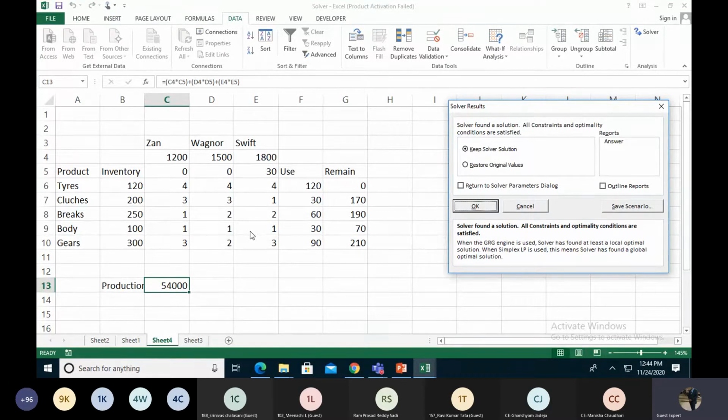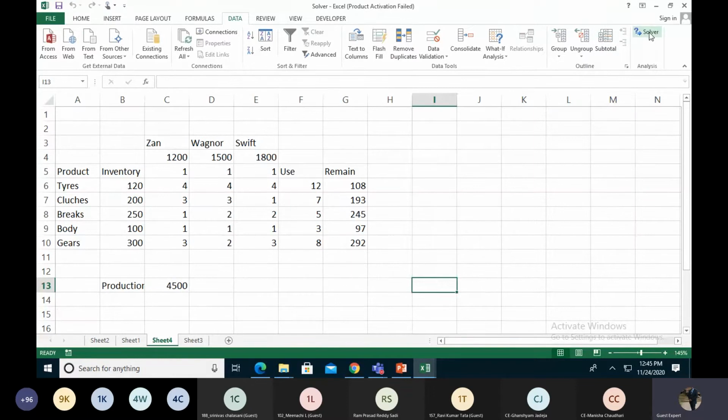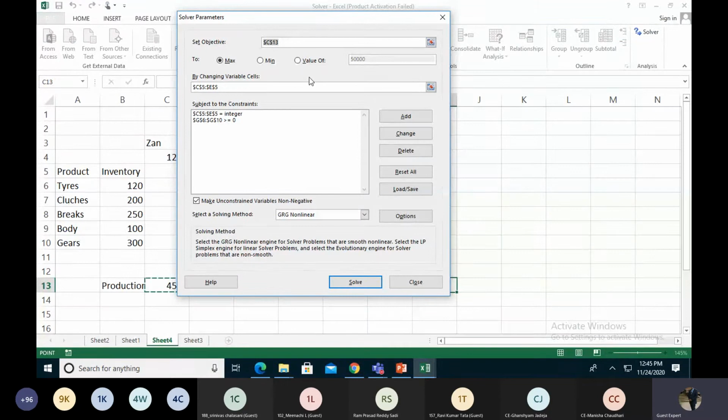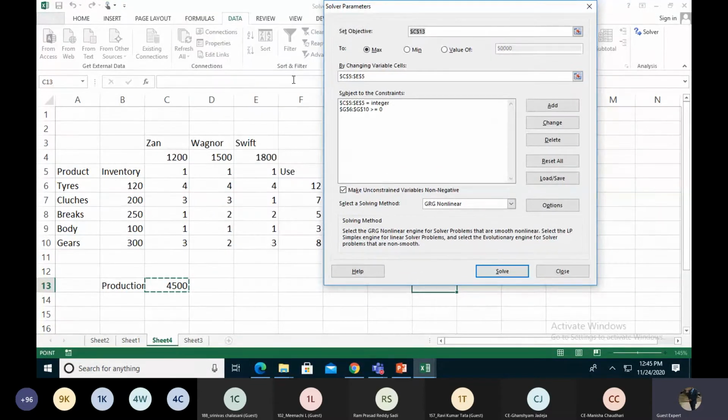So we do this hands-on practice for the solver. We make the maximum inventory. We're creating the maximum inventory over here, and we're just checking whether we're getting our desired output or not. See, this is 54,000, the desired output we get as a maximum level. Okay, we do the restore as well. So in the solver, first of all we set the objective, then which value we want, whether maximum or minimum, then which variables we change, so the program and the result are going to change. So we give the range of these values.